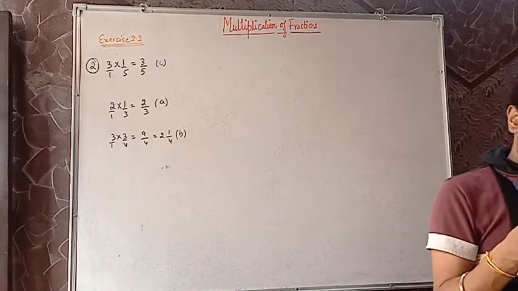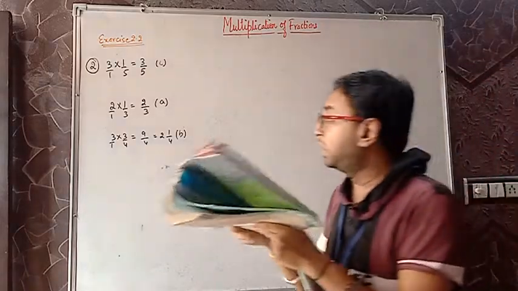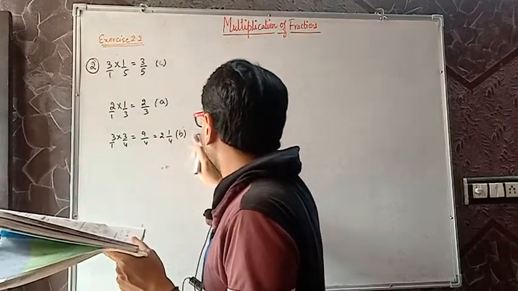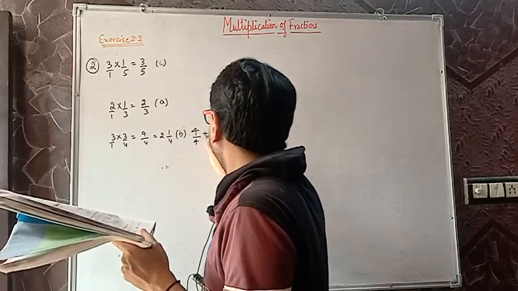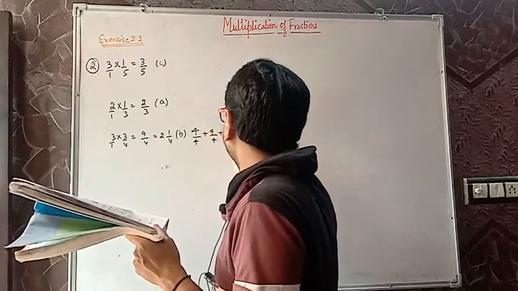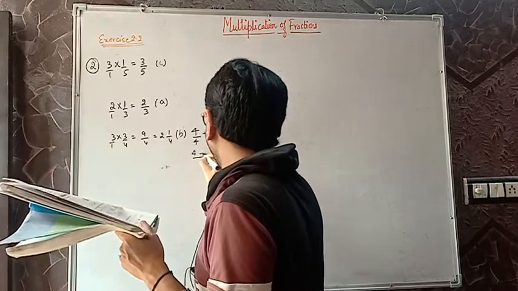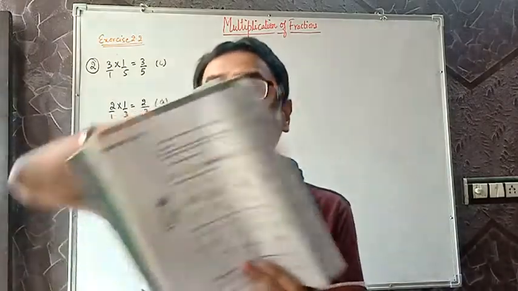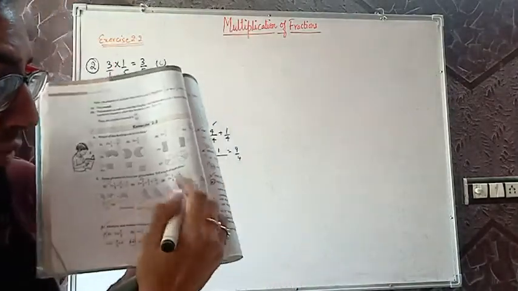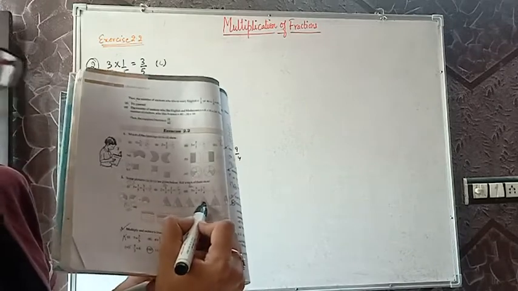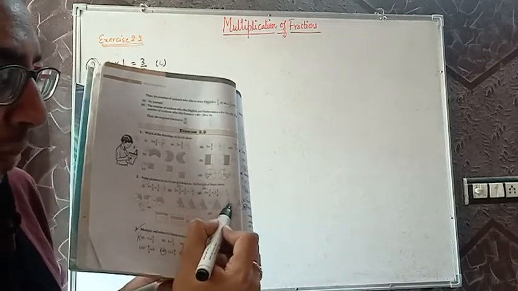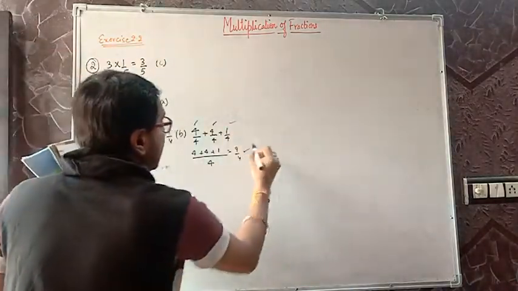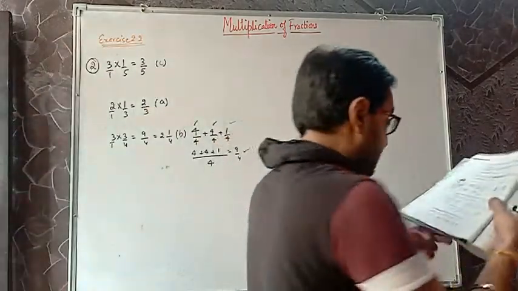Figure B means it has been shown by 4 plus 4 plus 1 by 4. That is why I can write 9 by 4 as 4 by 4 plus 4 by 4 plus 1 by 4. If I solve, what will I be getting? 4 plus 4 plus 1, 9 by 4. If you see the picture clearly, 1, 2, 3, 4 parts, 4 upon 4 completely filled, 4 upon 4 completely filled, and in this part out of 4 only one part is filled, that is why I've written 1 by 4. That is why 9 by 4. Clear with this?